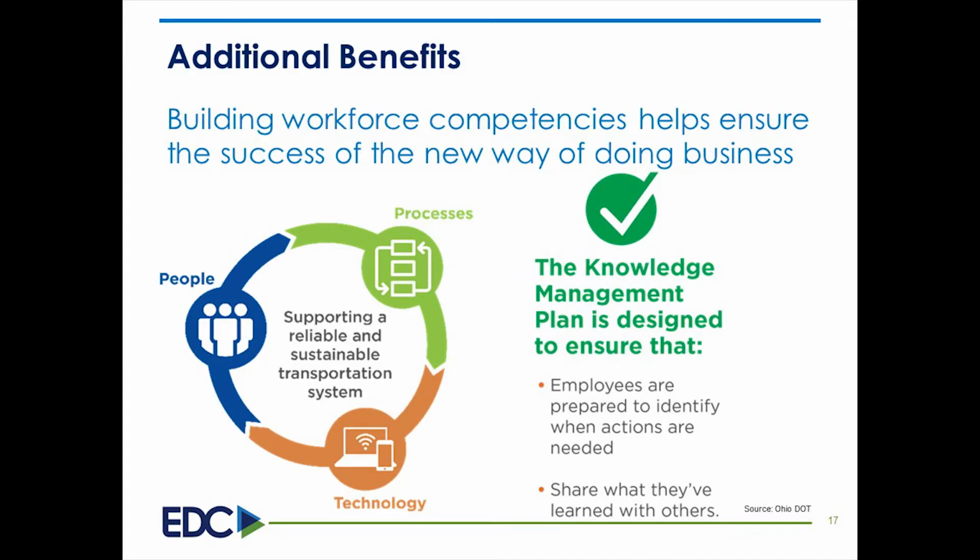One of the other things that the Ohio DOT did was put in place a knowledge management plan that outlined all of the training that was going to be needed at all levels within their DOT to get everybody on board. The people in the district offices are the people who have the most contact with the public. They needed to be able to explain why they were doing what they were doing and what it meant to the DOT. They needed to be able to use the right technology and know when something was a good candidate for preservation. They needed to understand those kinds of things, and so part of their knowledge management plan was to put that training in place.